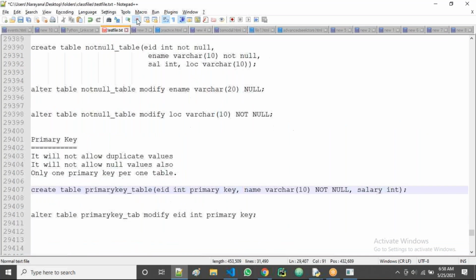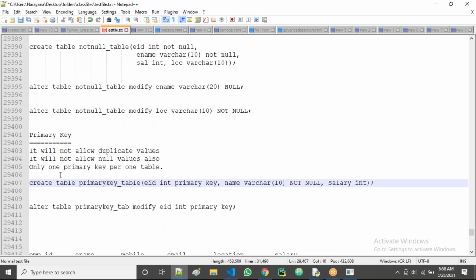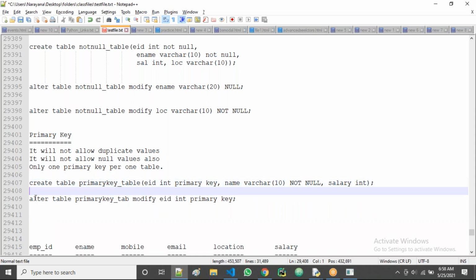These are the two ways: while creating the table, applying the primary key, and after creating the table, on an existing table, applying the primary key. So these are not null and primary key.